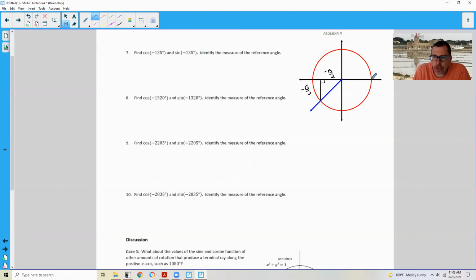So if you think of it this way, if this is negative 135, you can also go the other way so you're not confused. If you know a full rotation is 360 degrees and I subtract 135 from it, then I get 225. So if I go this distance, rotate 135 degrees, a full rotation is 360, so this side would be 225. So I could also think of this as a rotation counterclockwise 225 degrees, which is positive, to get us here. And I would say the cosine